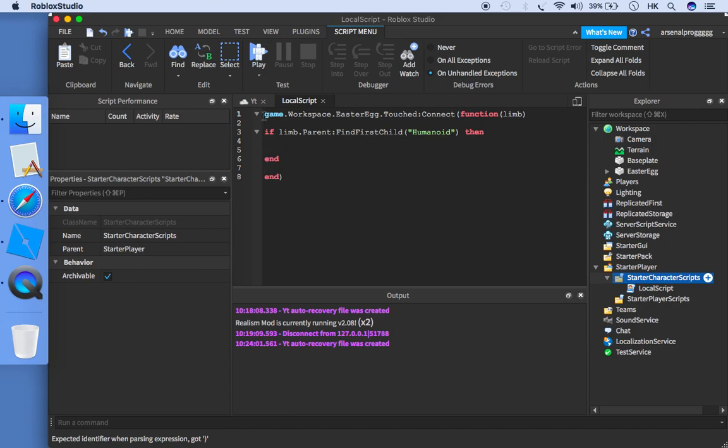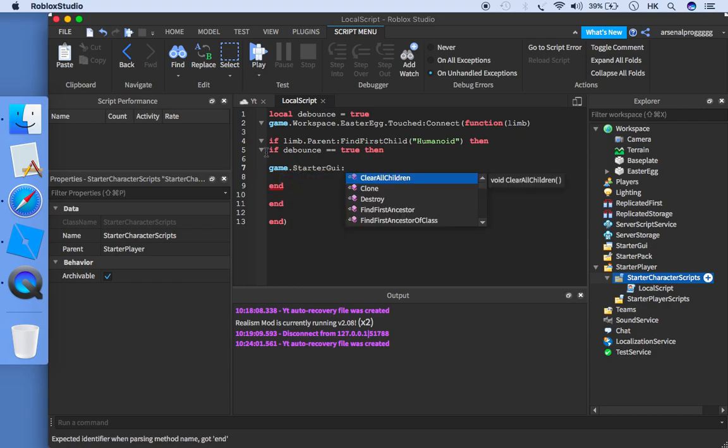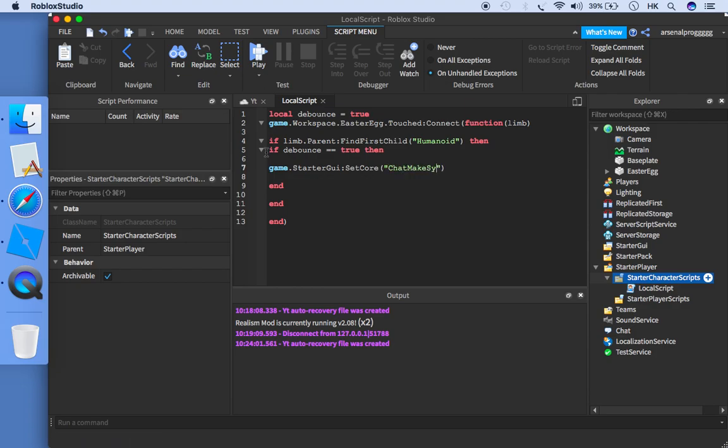Then we're going to check for a debounce. We're going to have a debounce here, so I'm going to say local debounce equals true, and after this we'll say if debounce equals true then, and this is going to be making the system message. So we'll say game.StarterGui:SetCore, say ChatMakeSystemMessage,